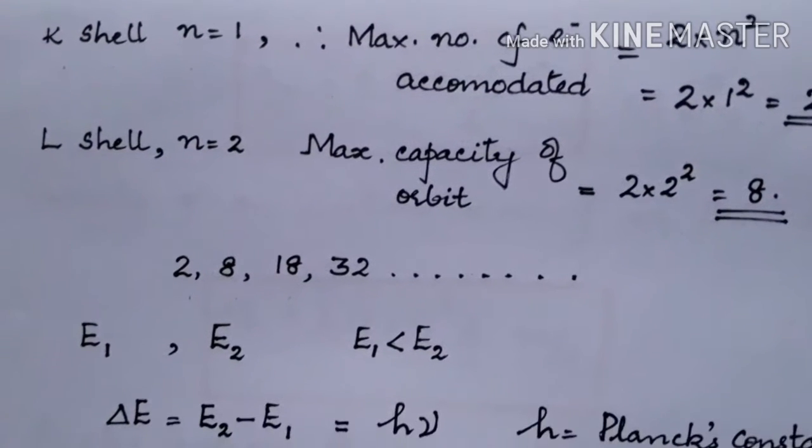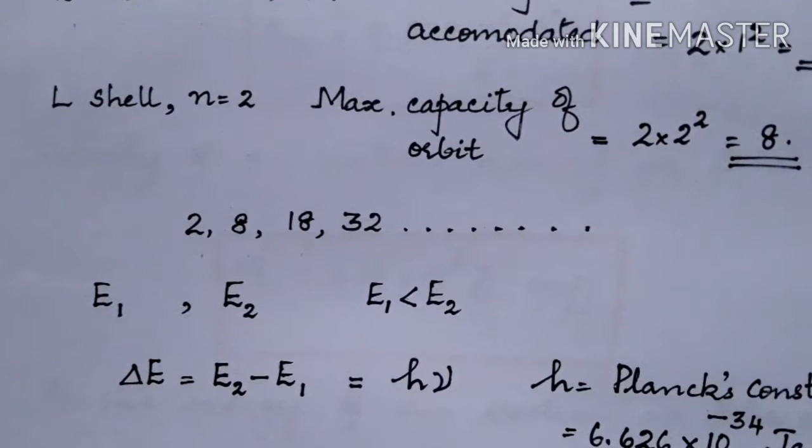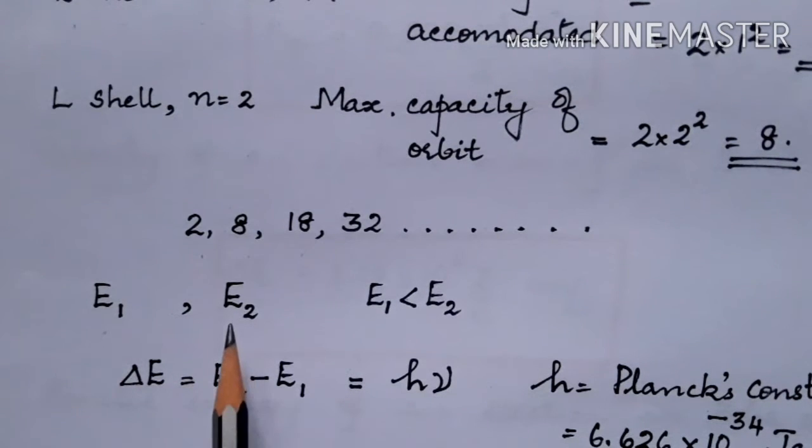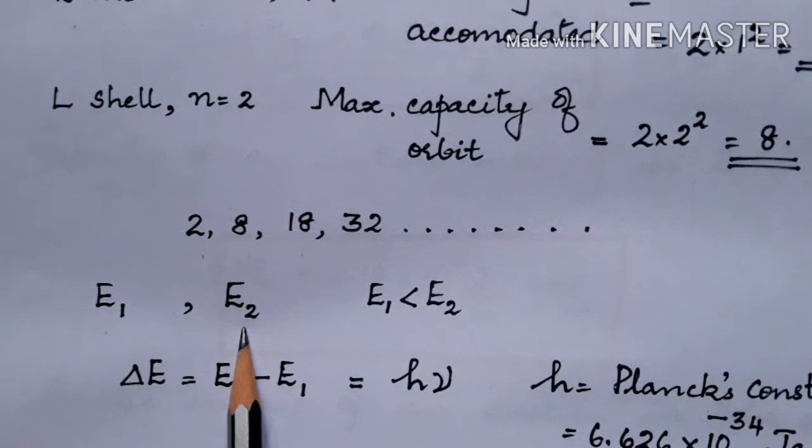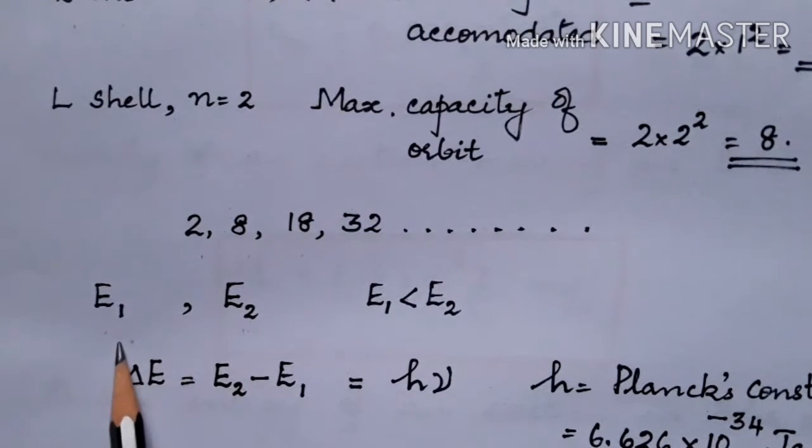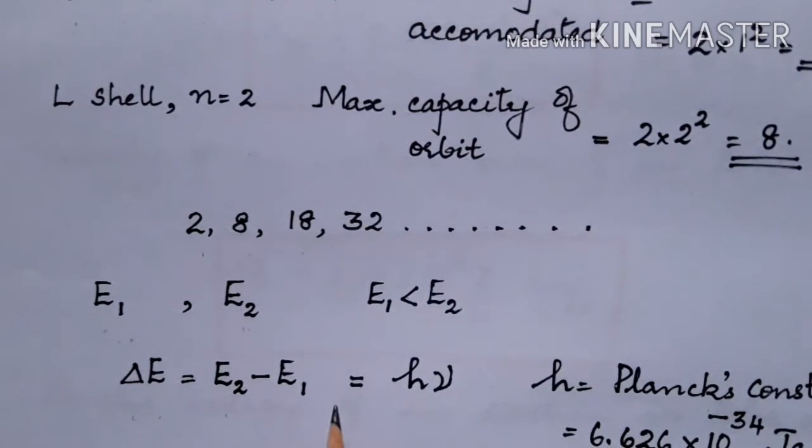Associated with each orbit, we have the energy levels, and here you find that the K shell, suppose it is having the energy level of E1. L shell will have E2. Evidently, the energy of E2 will be more than that of E1. So, what is the difference in energy? Difference in energy is given by delta E, which is equal to E2 minus E1, and that is found to